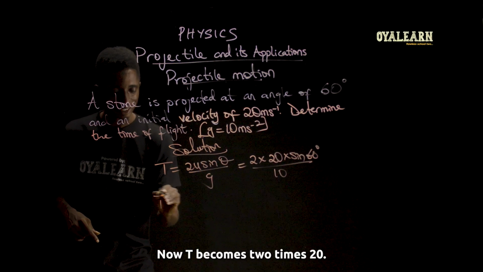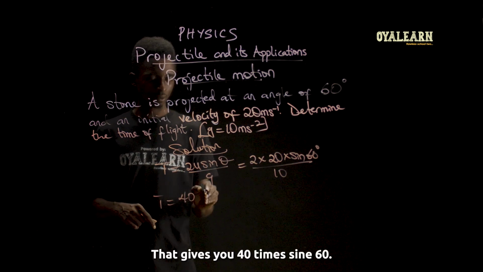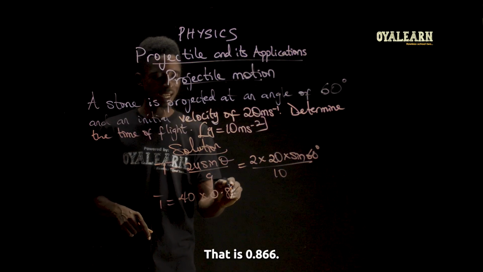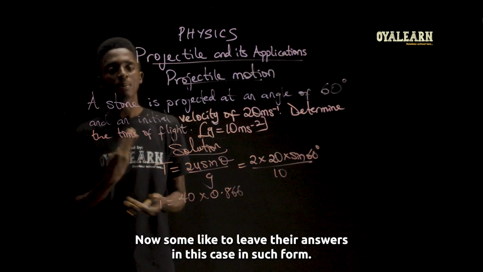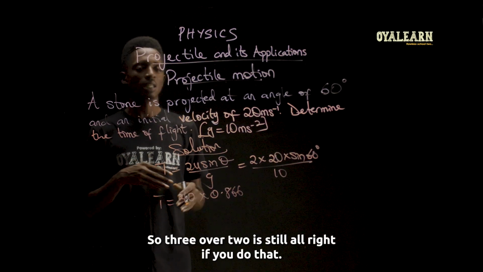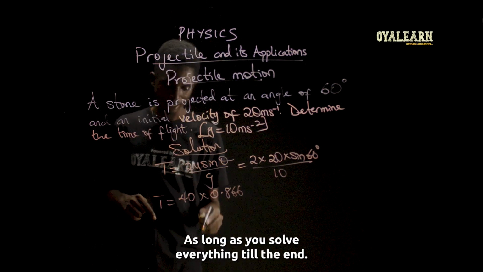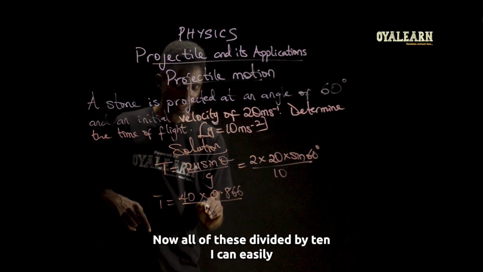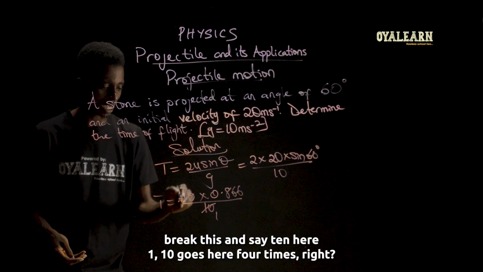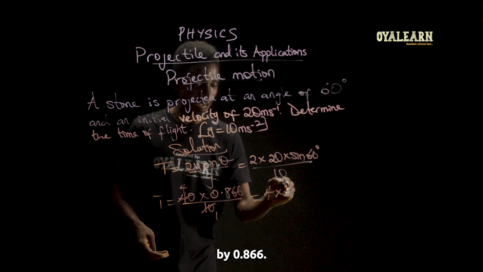Okay, now t becomes 2 times 20, that gives you 40, times sine 60, that is 0.866. Now some like to leave their answers in this case in short form. That will be root 3 over 2. It's still alright if you do that, as long as you solve everything till the end. Now all of this divided by 10. I can easily break this and say 10 here 1, 10 goes here 4 times, right? So that leaves us with 4 multiplied by